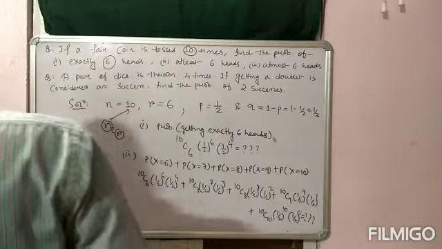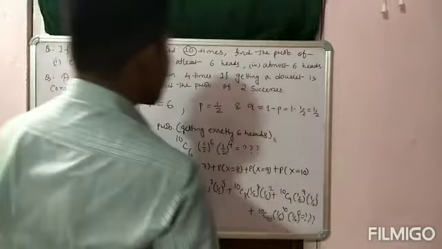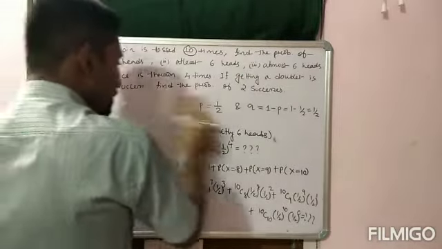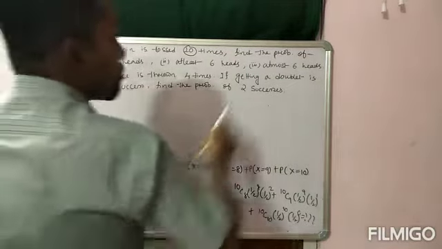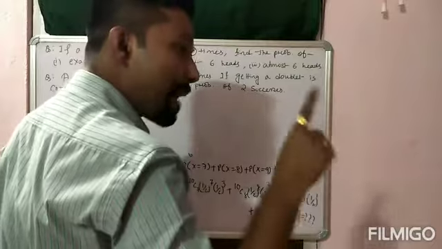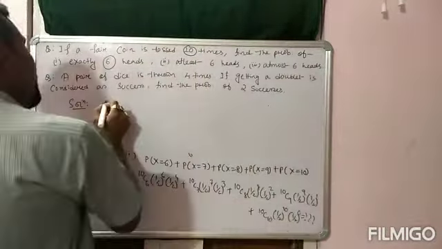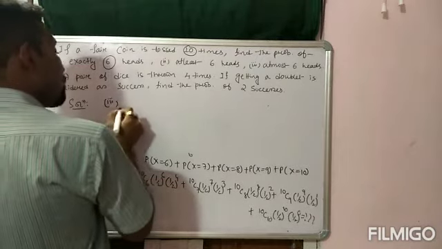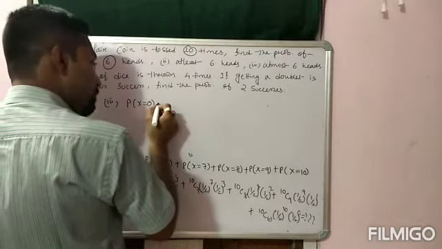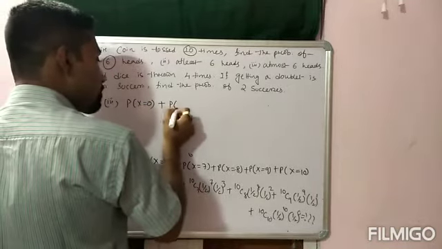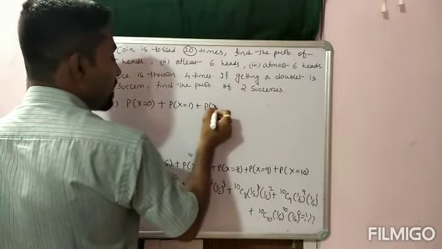So similarly, if you know how to solve for at least 6 heads, so you should know for at most 6 heads. तो at most 6 heads के बारे में भी मैं बता देता हूँ अभी. So probability of at most. What is the meaning of at most? At most means maximum 6, not more than 6. Yes. So not more than 6. Roman 3. Not more than 6 में आएगा probability of x equal to 0. बहुत ही ज्यादा important है क्योंकि maximum student ये x equal to 0 लिखना भूल जाता है, direct x equal to 1 से शुरू करता है.